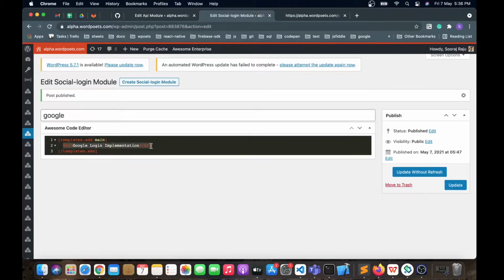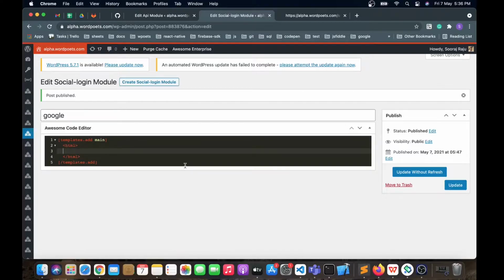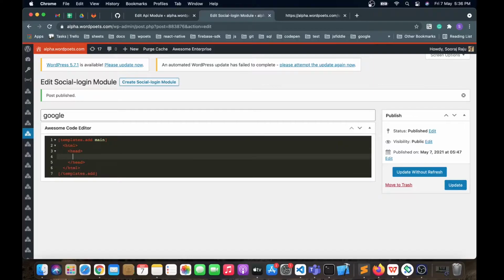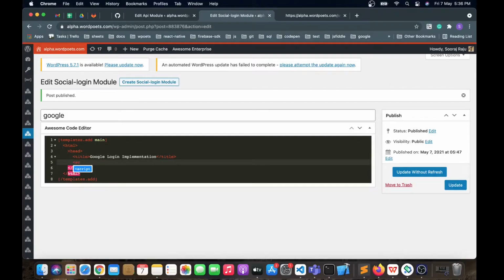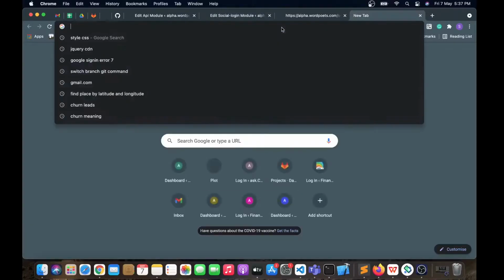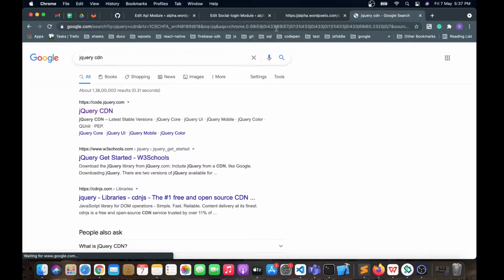Now we can simply change this and create a simple web page. Let me get the jQuery.